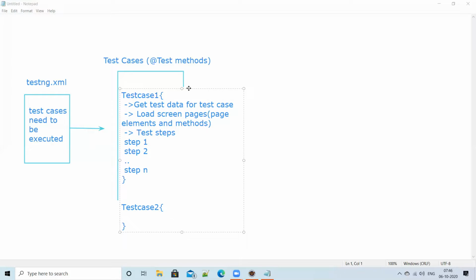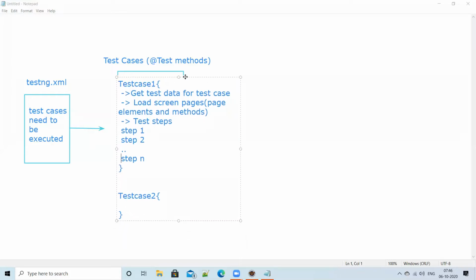In these test cases, what we are doing, we are trying to get the test data of the test case from Excel, and then we are loading screen pages, nothing but page elements and methods we are getting, and then test steps. Okay, test steps. Nothing but calling the methods, calling reusable methods, in other words, or the verification methods, whatever. So that's what is happening in every test case.